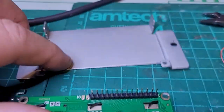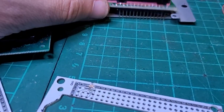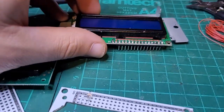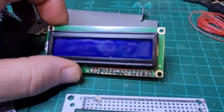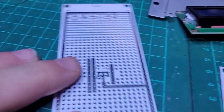To make it match in the mounting panel here, we could technically push it here or make it match here, but it's not going to quite align with the rest of the boards and the rest of the panel. So what I've done is I've used one of my